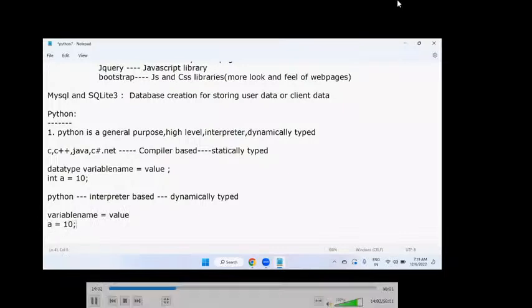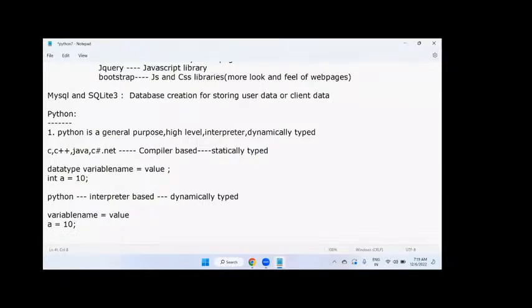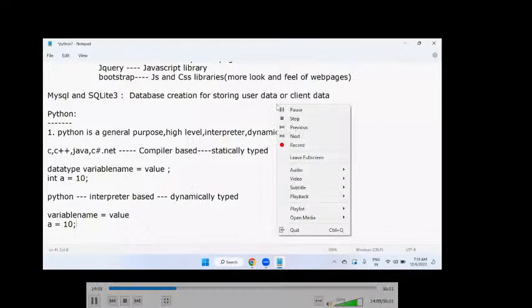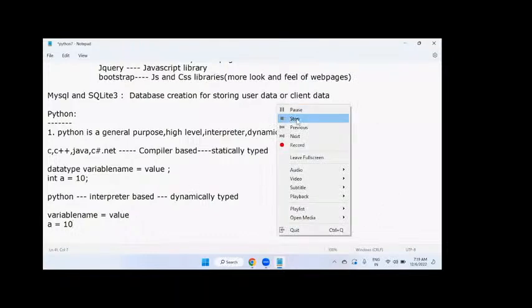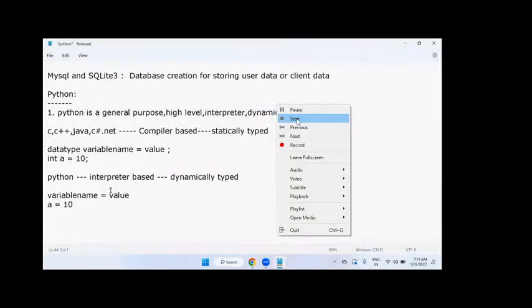There is no need to give any termination symbol like a semicolon, because a Python statement is automatically terminated once the line ends. Even if you include a semicolon, it's not wrong in Python, it will accept it, no problem, but it's not required. So you can see I didn't mention any data type of the variable before declaring the variable. Even if you mention the data type of this variable like